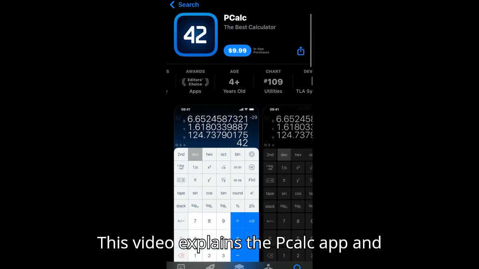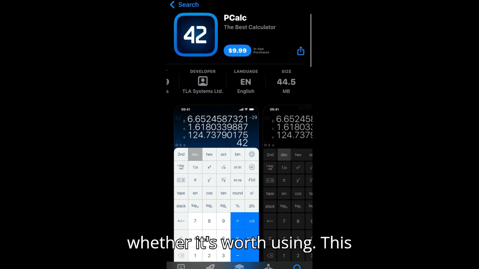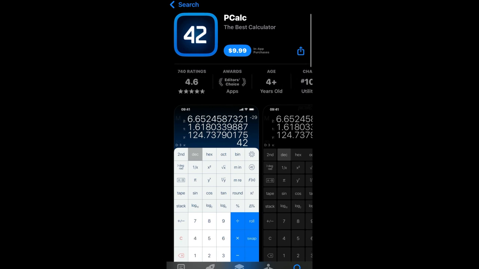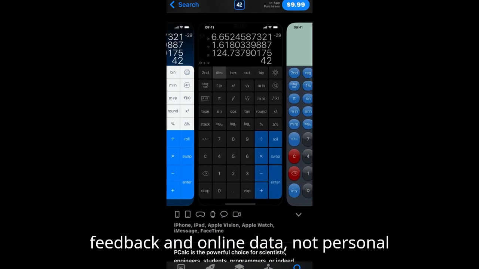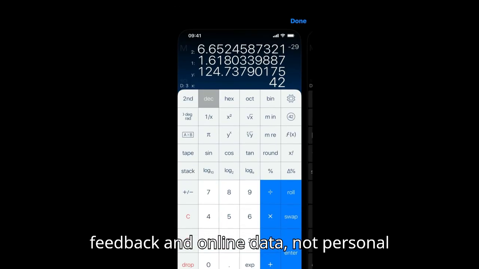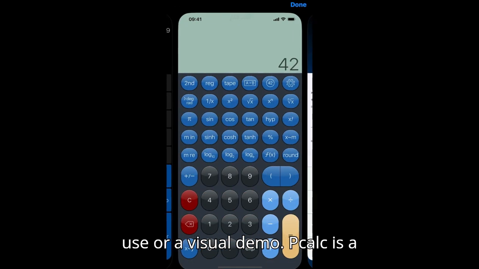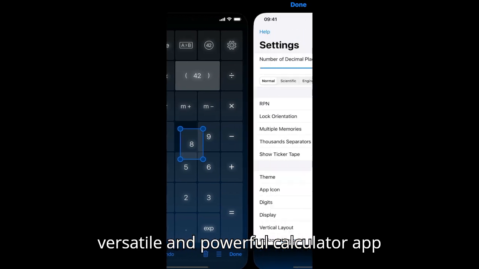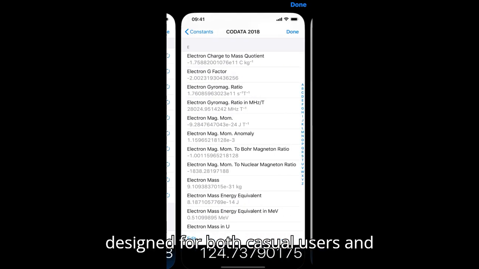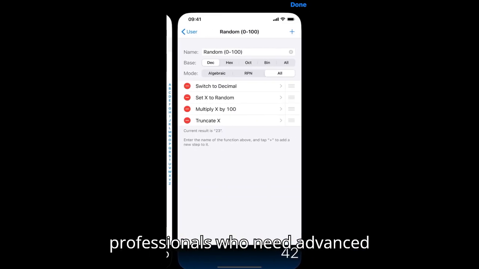This video explains the Pcalc app and whether it's worth using. Quick disclaimer. This is an explained review based on user feedback and online data, not personal use or a visual demo. Pcalc is a versatile and powerful calculator app designed for both casual users and professionals who need advanced calculation